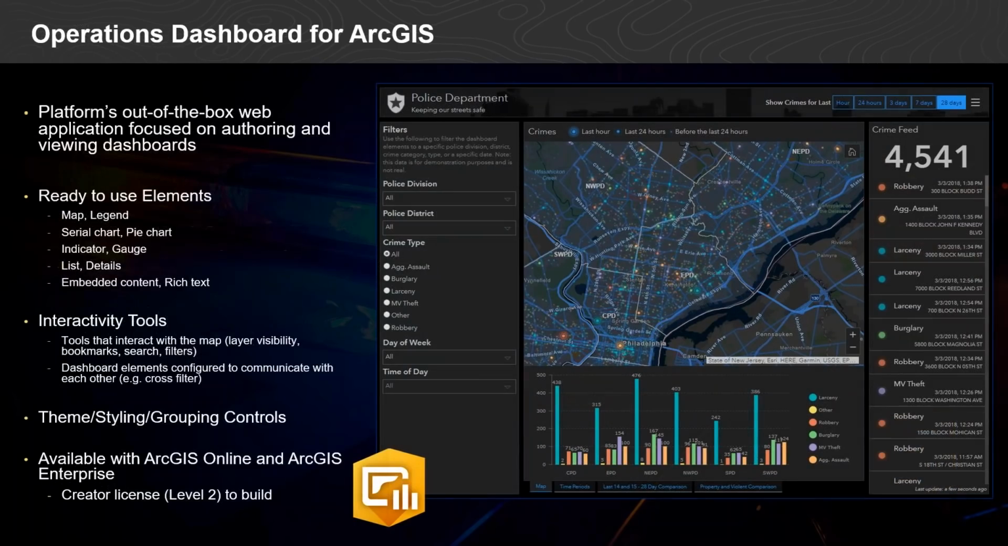So let's get started. If you're not familiar with Operations Dashboard for ArcGIS, it is the ArcGIS platform's out-of-the-box web application for authoring and viewing dashboards using maps and location data that live within the ArcGIS platform. Operations Dashboard includes ready-to-use elements like lists, serial charts, pie charts, indicators for counting or calculating percent change, gauges, the ability to show details of items on a map, or the ability to even build in embedded content from other websites,